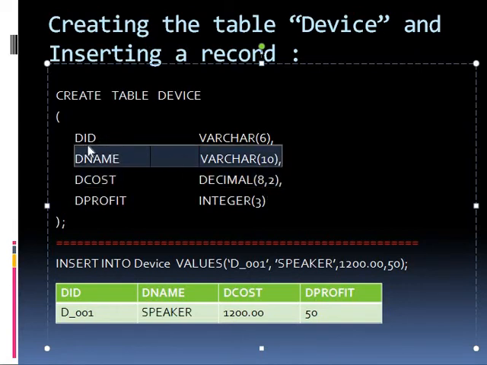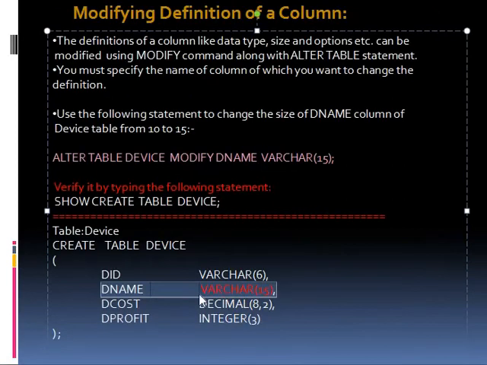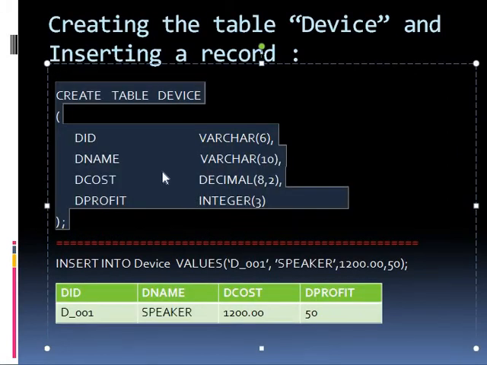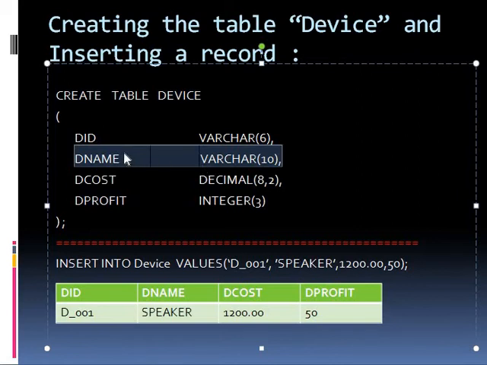Now let's say I want to change the column definition for this column named DName from varchar 10 into varchar 15 like this. So for that I am going to use the ALTER TABLE statement again in conjunction with the MODIFY command. So I have to start with ALTER TABLE device. This is going to alter our table device in such a way that the column definition for the column dname should change from varchar 10